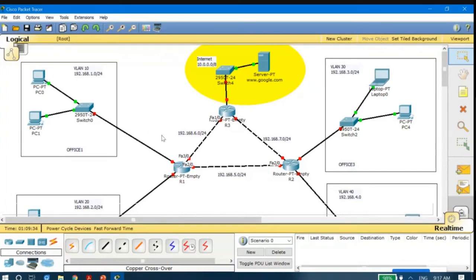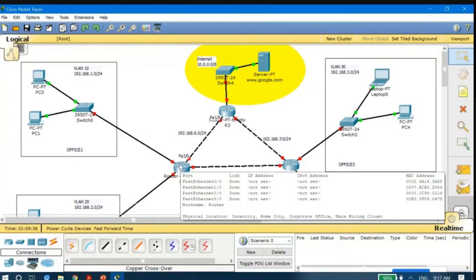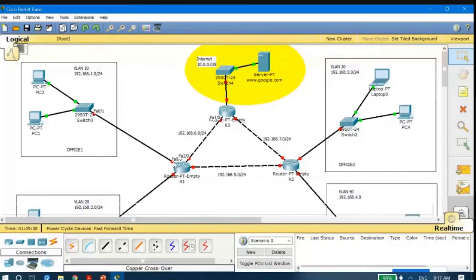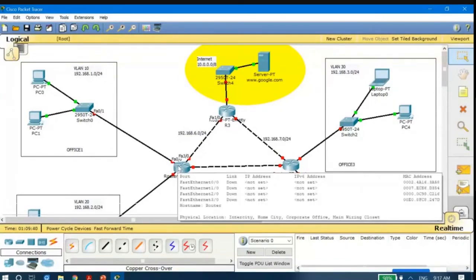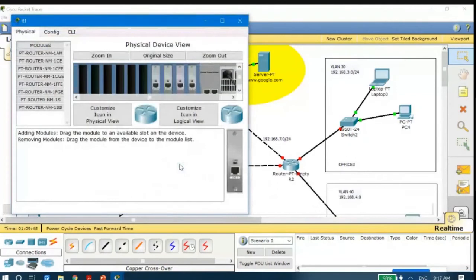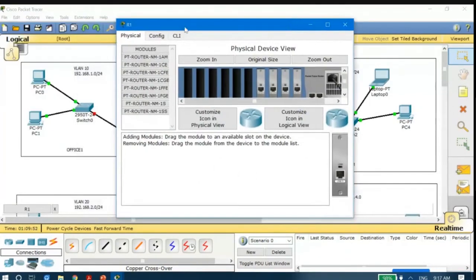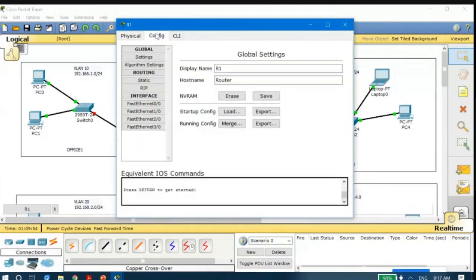So first I will have to assign the gateway address for Office 1. You could see it is connected to fast Ethernet 0/0. I am clicking on the router once, and then I will go to this config. Ensure you have reached here, config.